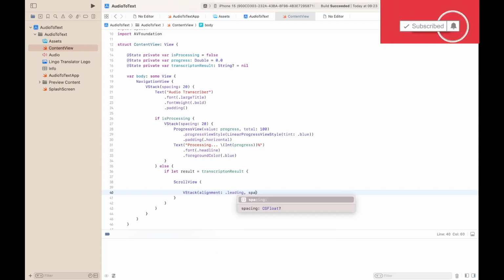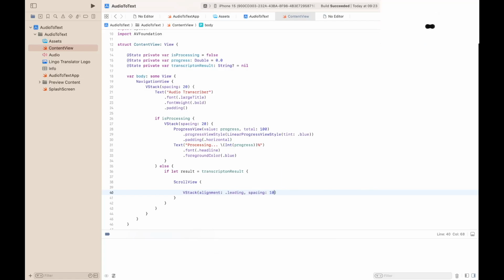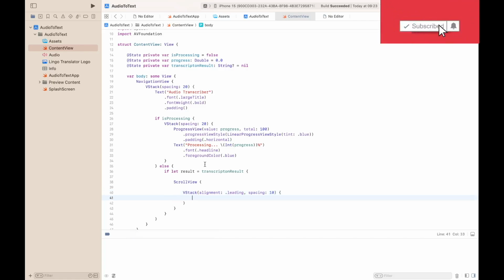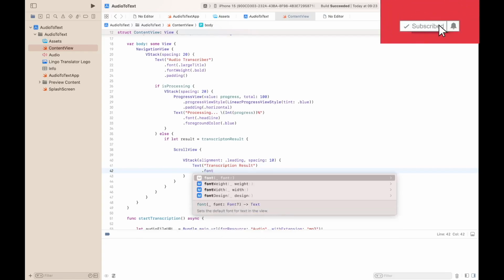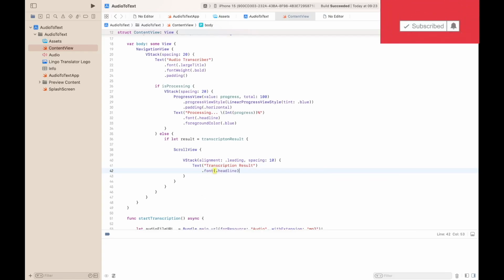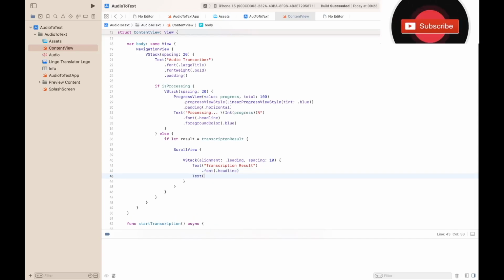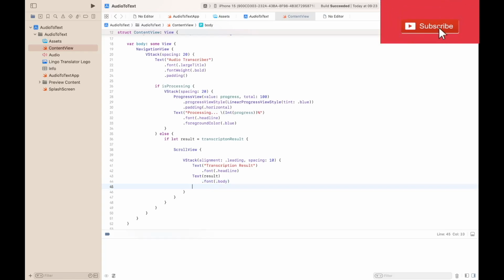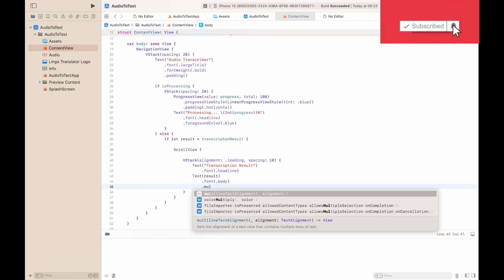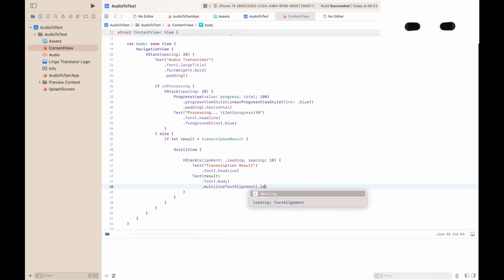Alignment .leading, spacing 10, text, "Transcription Results", font .headline, text, result, font, body, multiline text alignment, leading,